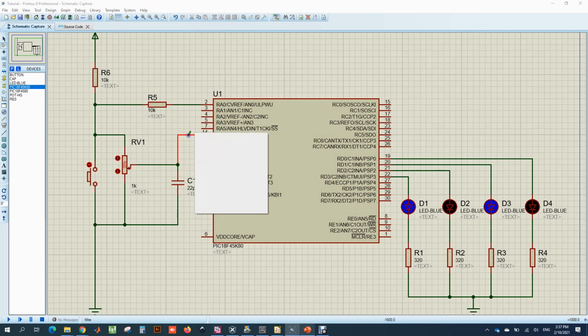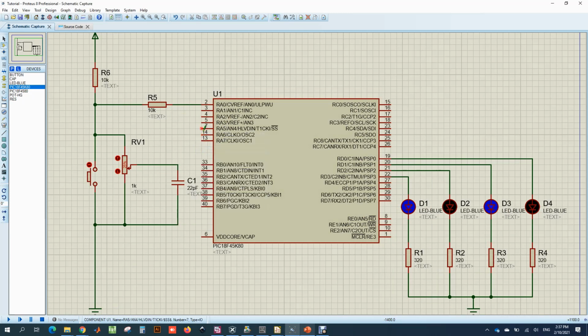All the connections are the same except this one. Once again you have to connect to RA5. The first input pin on the resistor is connected to RA0, the capacitor and potentiometer are connected to RA5, and the LEDs are connected to RD0 to